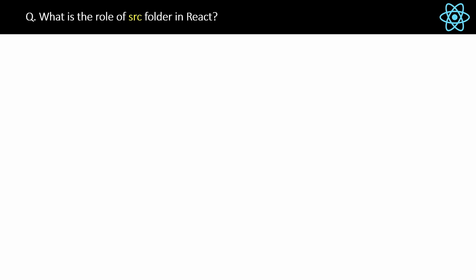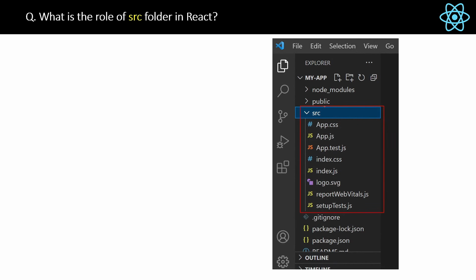What is the role of src folder in React? The next folder after the node modules folder and public folder is the src folder, and yes, src means source, and all the source code developed by the developer will be placed here. This is the most important folder from a developer point of view. The answer is, in React, the src folder is used to store all the source code of the application, which is then responsible for the dynamic changes in your web application.